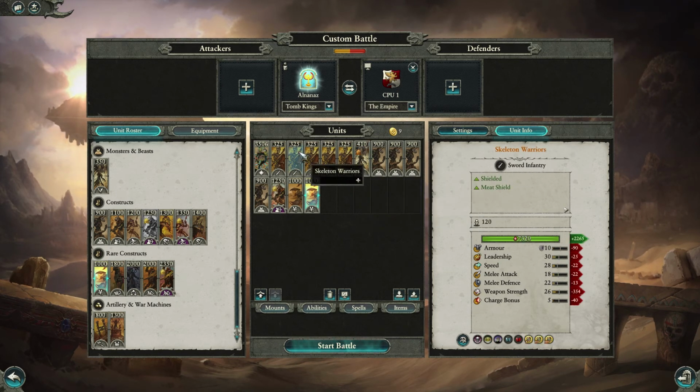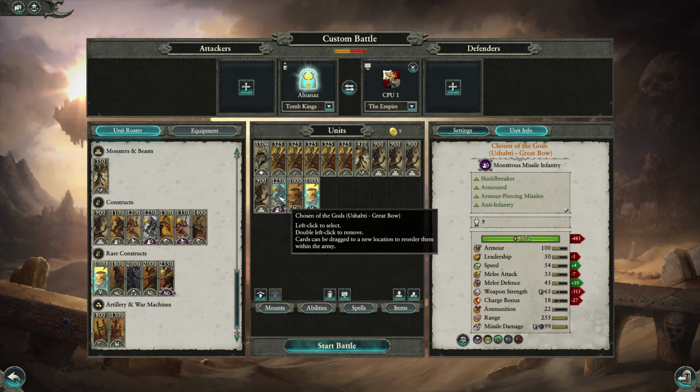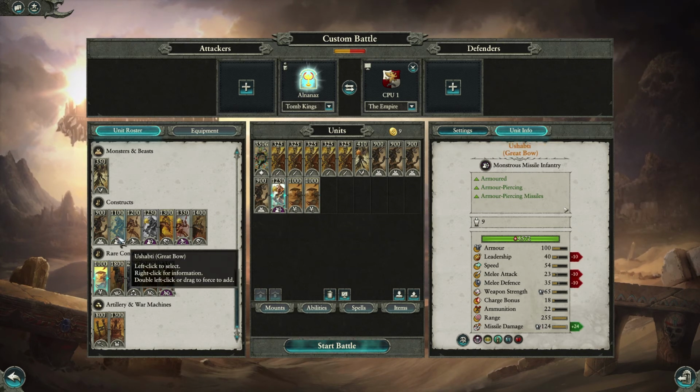Main idea is to use the skeletons obviously to hold the line while the Ushakti support. And then, I have a unit of Chosen of the Gods. It's a Regiment of Renown for the Ushakti with Great Bow. What sets this apart from the normal Ushakti with Great Bow is